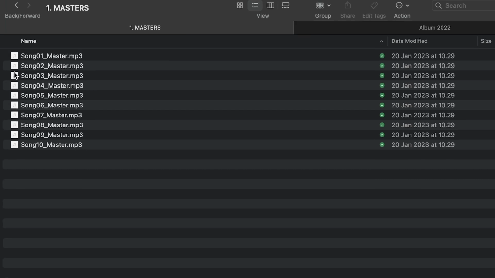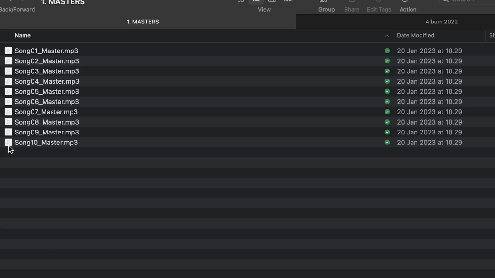Formats are usually created automatically on export. In case you want to put the file in your masters folder, it will make sense to name it song 3 master mp3. Sorting the folder by name would then list all of your songs from 1 to, let's say, 10. It would disregard the type in this case.